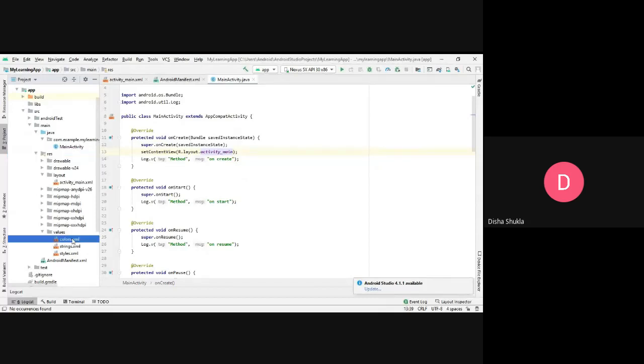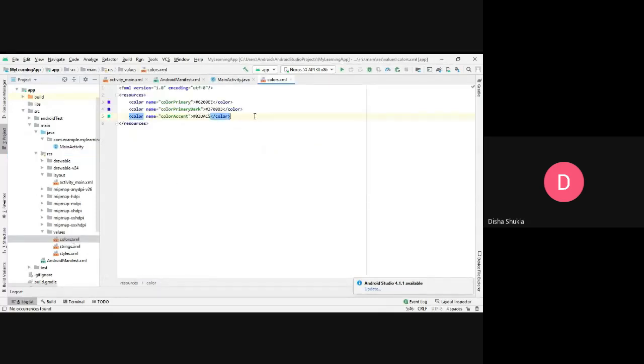So going to the colors.xml, all the colors that you want to use in your project, you can name them according to yourself and mention its hex code. Okay, write a question over here. I want to know, what if you want to use the RGB color? Can you mention it in colors.xml or not? And if not, how can you provide RGB color in your app?